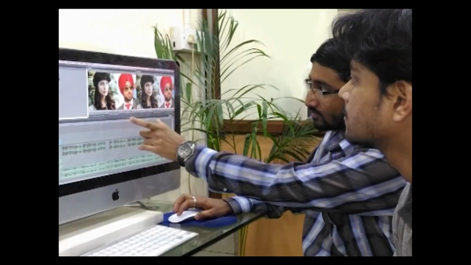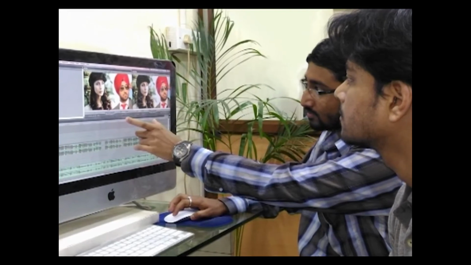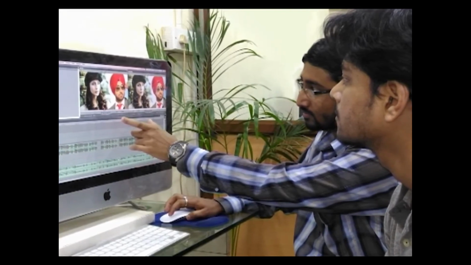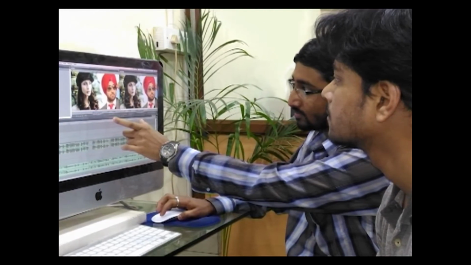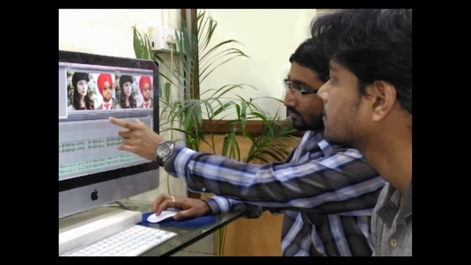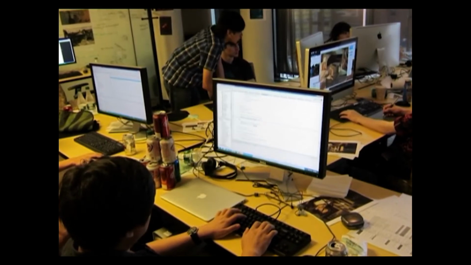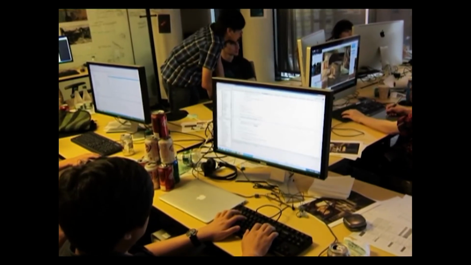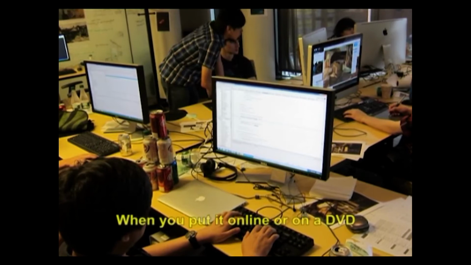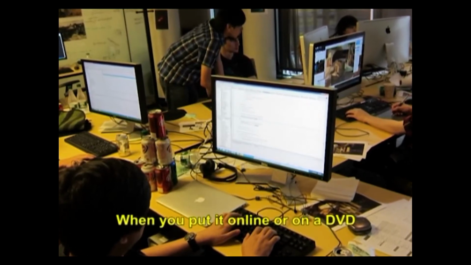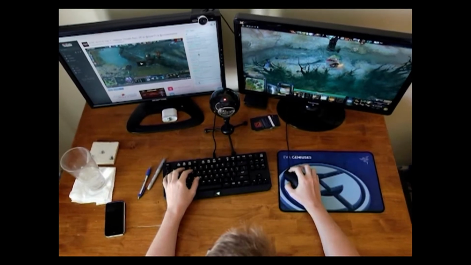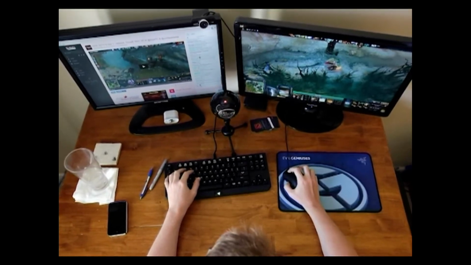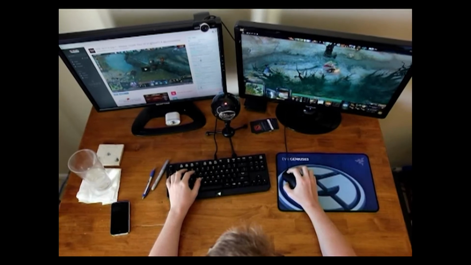So before you sit down and create your amazing film, how-to video or whatever, take the time to shoot it well with good light or you will be kicking yourself when everything is over. It is difficult to put a ton of work into something and then find out it looks terrible when you put it online or on a DVD. So do everything you can to make it look good so you don't have to try to salvage it in post.